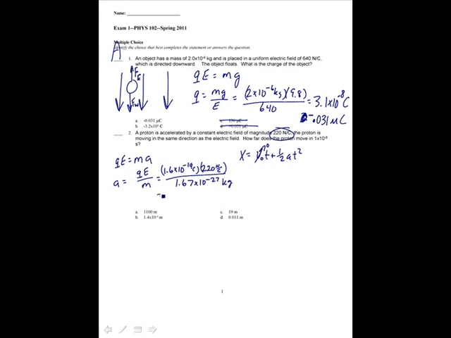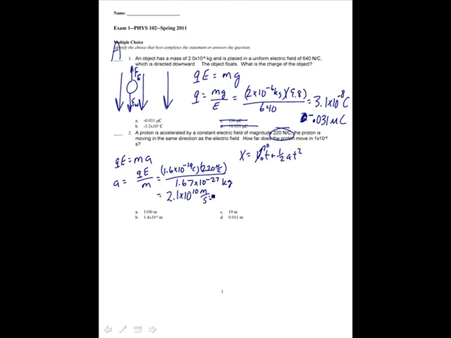It gives me an acceleration of 2.1 times 10 to the 10